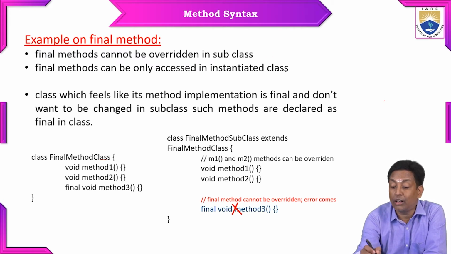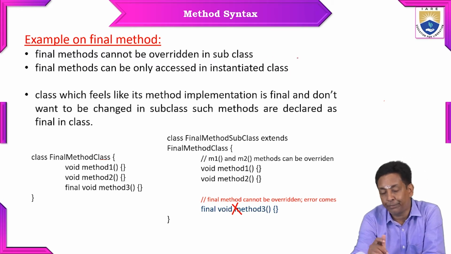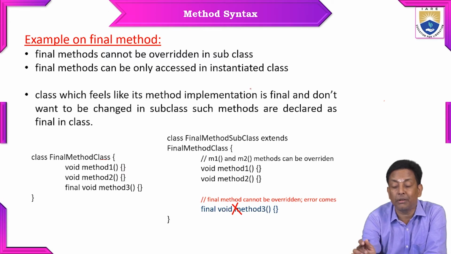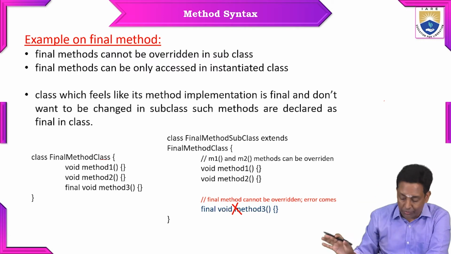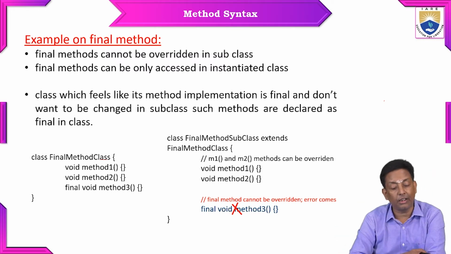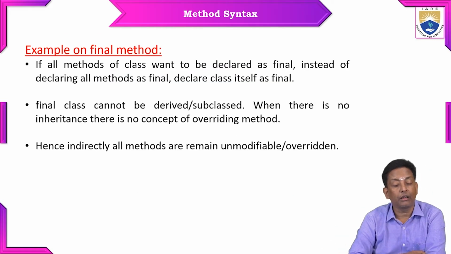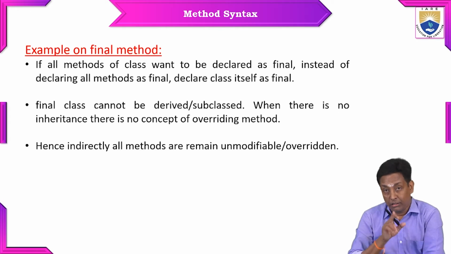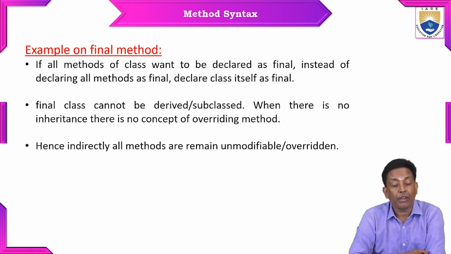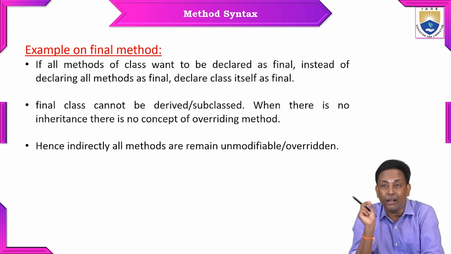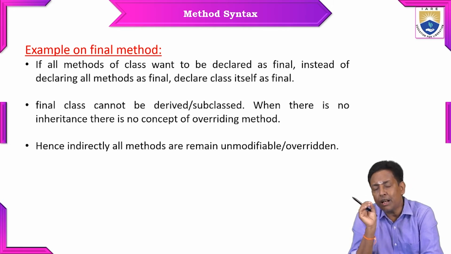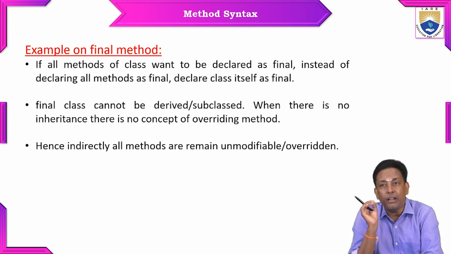Final methods can be accessed only in the instantiated class. A class which feels its method implementation is final and does not want it changed in a subclass declares such methods as final in the class. Here is the example of a final method. If all methods of a class are to be declared as final, in Java we have plenty of classes declared